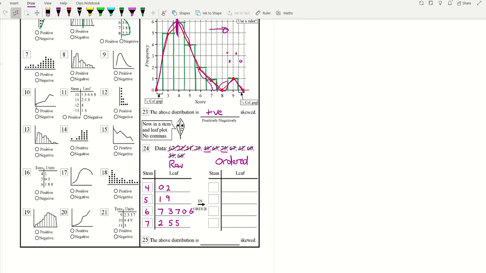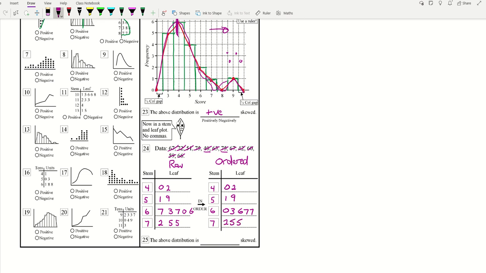Now, you actually get the shape from the raw because the shape's not going to change anyway, but we will still do what we need to do, which is put them in order. So we're going to rewrite them just for practice, but as I said, you can actually answer your question now because ordering it doesn't change the shape. Anyway, let's do them in order. 0, 2, 1 and 9 are okay. Now the smallest number is 0, then we have a 3, a 6 and 2 7s, and the other one is in order 2,